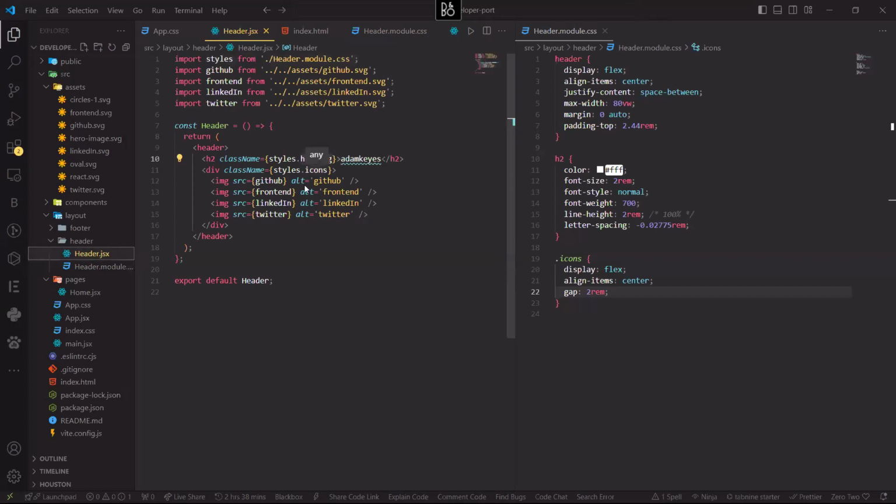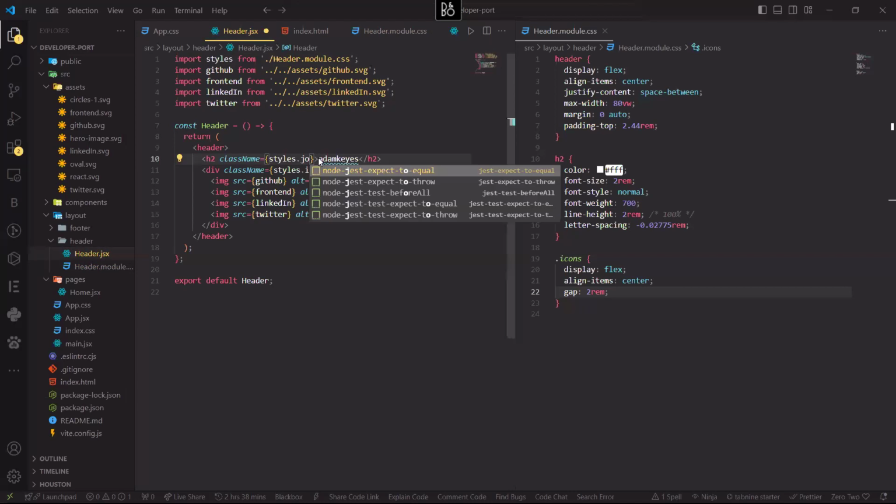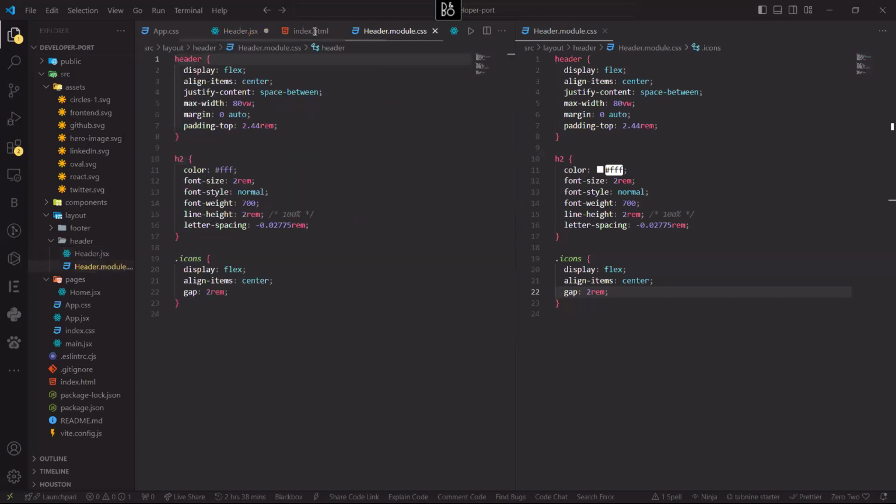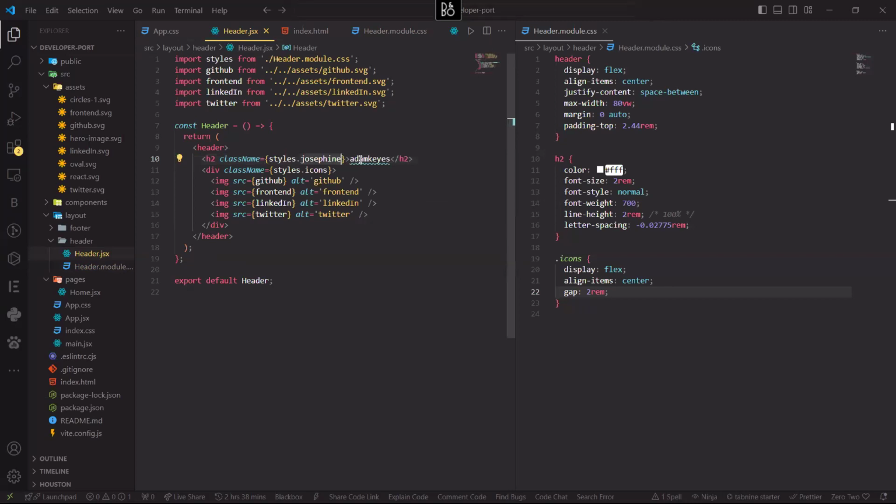Which heading? I didn't get that place. You said heading, I didn't know where you got it from. Heading is a class name, so I can put Josephine here now. Okay, it's a class. You are the one who named it. Yes, that's the name of the class. I name it. So I can come here now and I put, let's copy this, Josephine, copy, and I'll come here and put